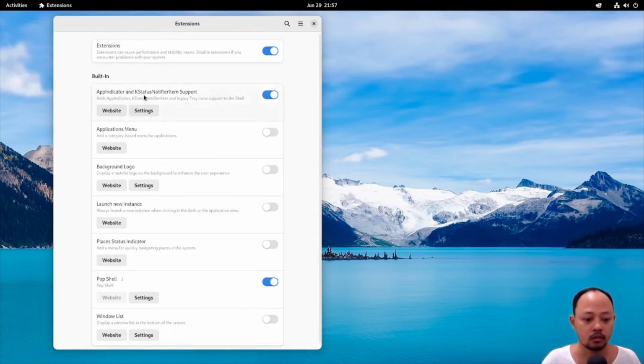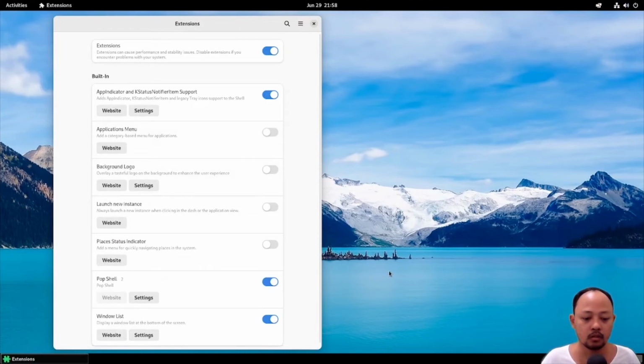And then as you can see here, we can set things like window list. So at the bottom of the screen will appear something like a taskbar in Windows, and then background logo.